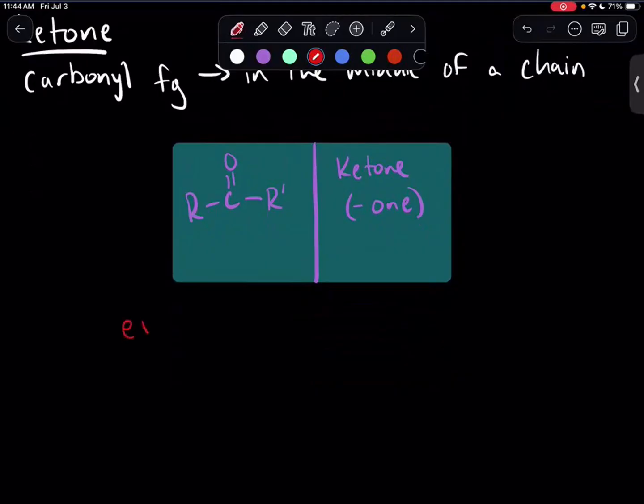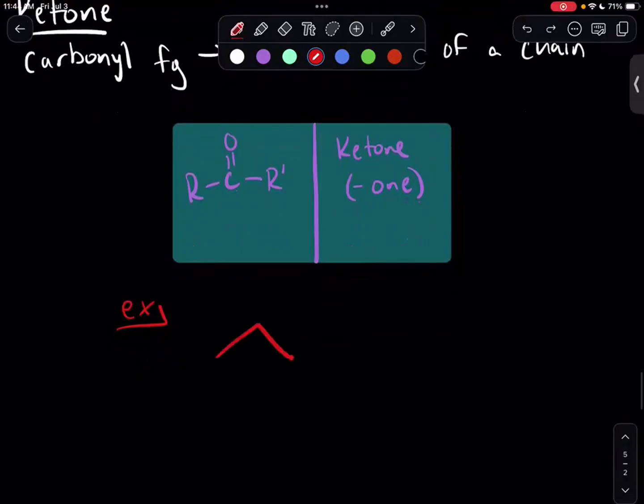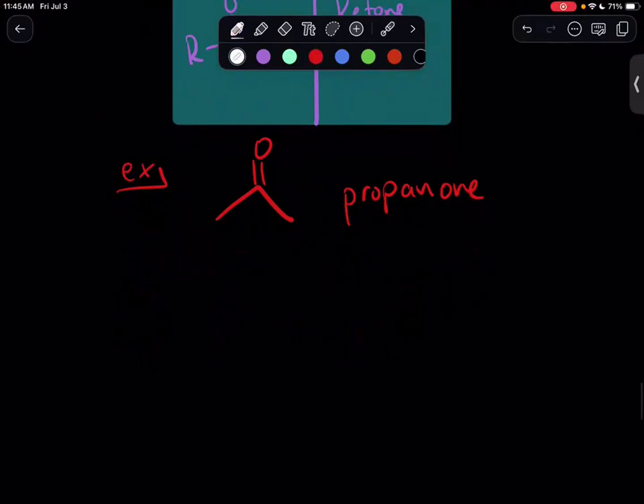Now, an example, because this is in the middle, we must have at least two other carbons. So I will draw the simplest one, and I'm going to use the skeletal formula. This is prop, because there are three carbons, and because they're all single bonded to each other, an, and then own, propanone. And it is our simplest ketone. Moving on, we have